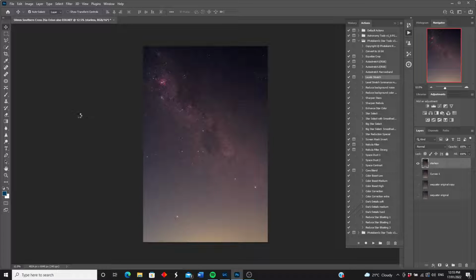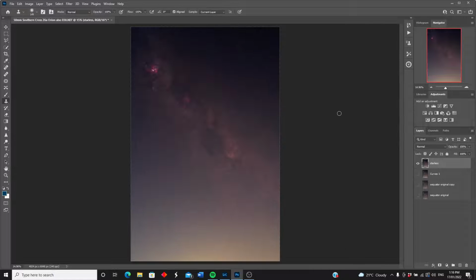And it takes just a little while to do its work, and you can see it going through here, maybe a few minutes depending on the complexity of the image. So let's just wait for that to do its thing. Okay, so here you can see what we've ended up with. Compared to where we came from, there's the image with all the stars, and there's the one with just the